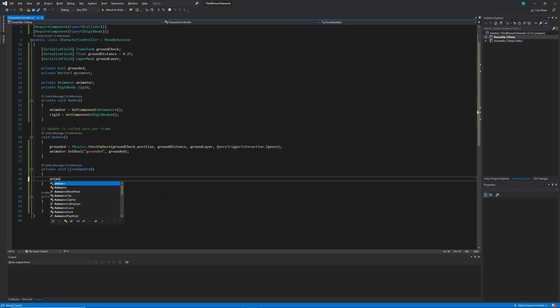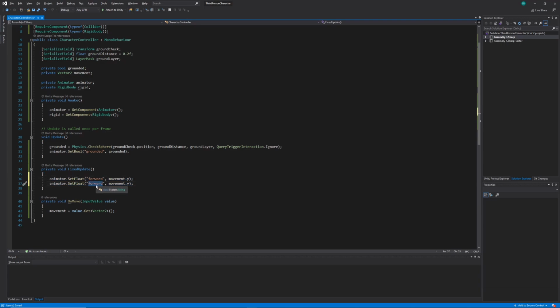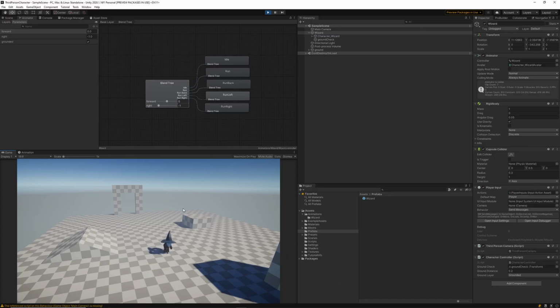With our movement inputs working, we can go ahead and implement the animations for the movement to go alongside that. So within our FixedUpdate method, I'm going to set the values of our two floats, the forward float and the right float within our animator controller, and I'm going to set those ones up as the movement input that we've just received. Back inside of the Unity scene, we can see that the player now moves using his animations